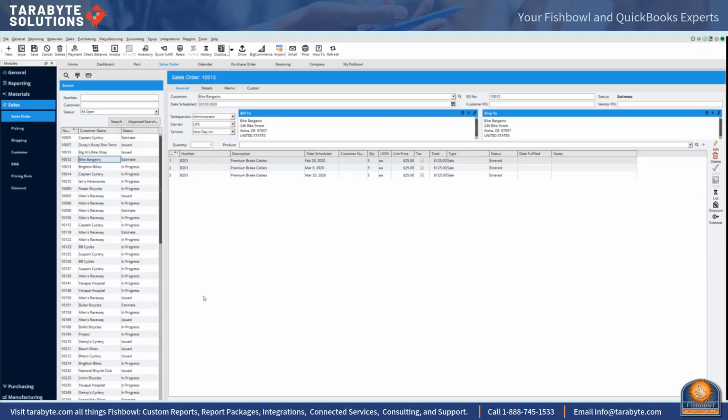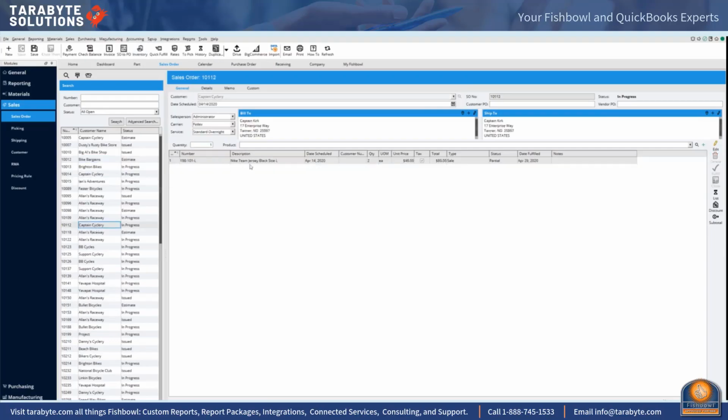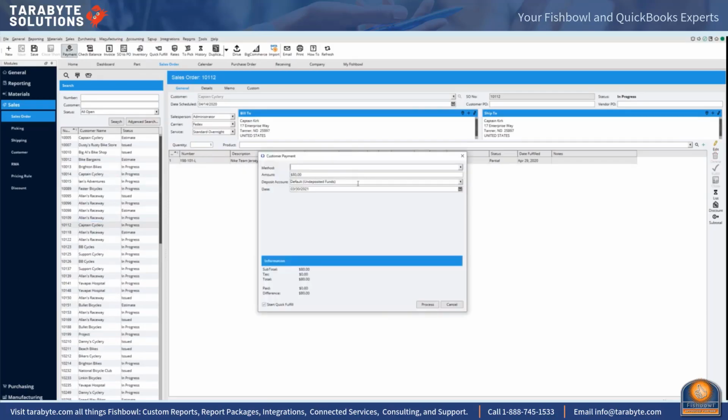Yep. I just was wondering, I heard that Fishbowl was getting a credit card app. Well, they support several of them. They still don't do the whole enchilada. When we're here in the sales order and we're going to refund someone, we still have to come over here and refund the payment manually in Fishbowl,